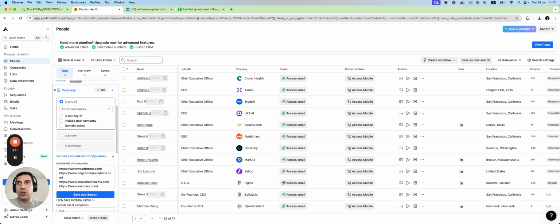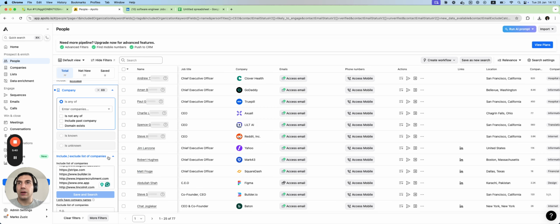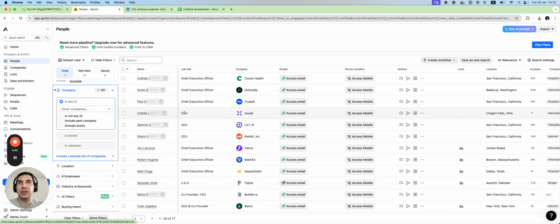And we go here and copy the URLs of all of the companies that we had. Once we do that, we can see that we now got the CEOs of all of those companies, and we can export the list and use the emails to